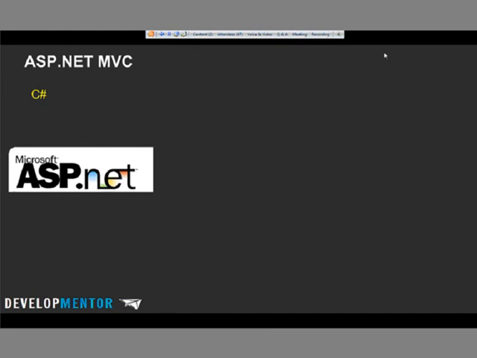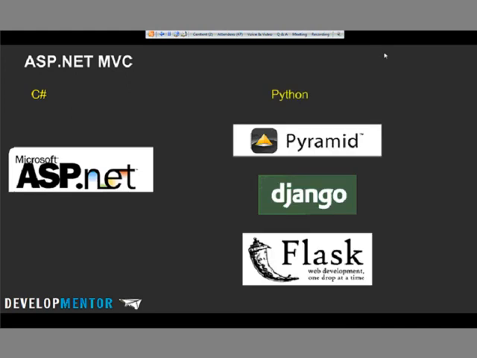Okay, getting to the original question about web stuff. In .NET, sort of the current cool way of doing things is ASP.NET, especially ASP.NET MVC. In my mind, that's the choice you make right now. Over in Python, you have a couple of choices, actually, some really good ones. You have some that are super well established, and you have some that are kind of the up-and-coming, what the cool kids are doing, I suppose.